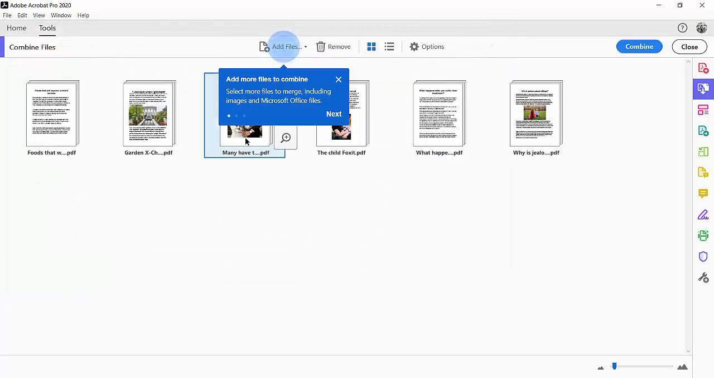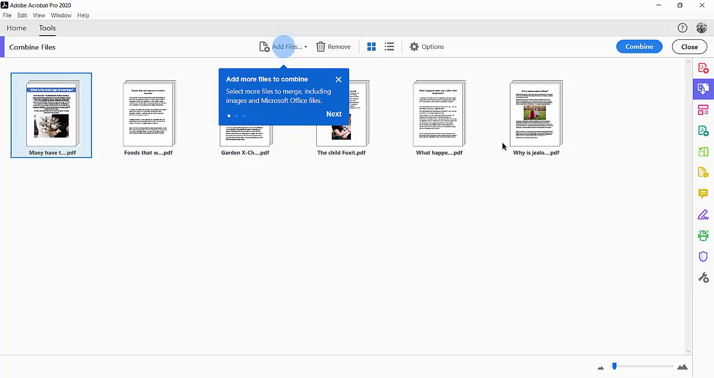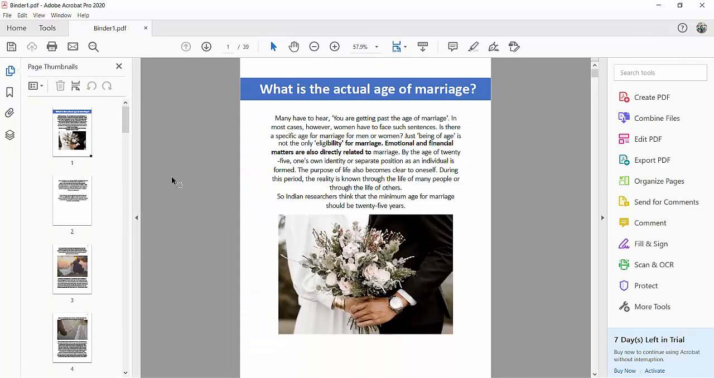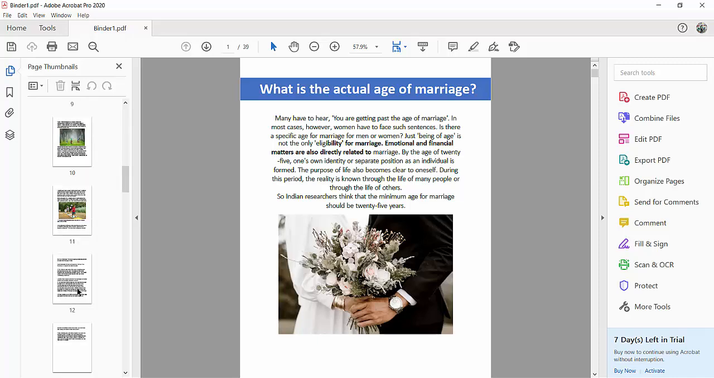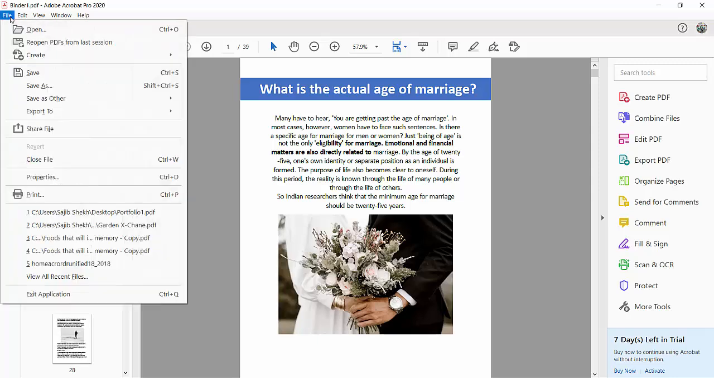and see this. You can see this portfolio position. Now finally select Combine and see this. All of these PDF files are now combined into one PDF, and finally select the File option,